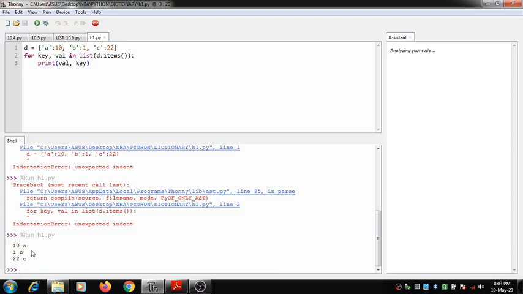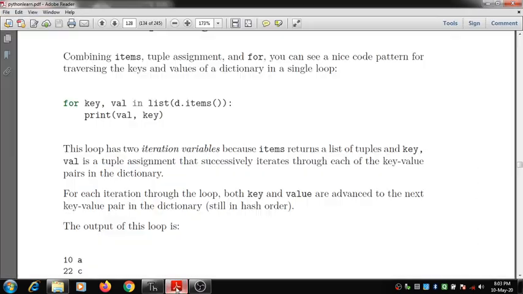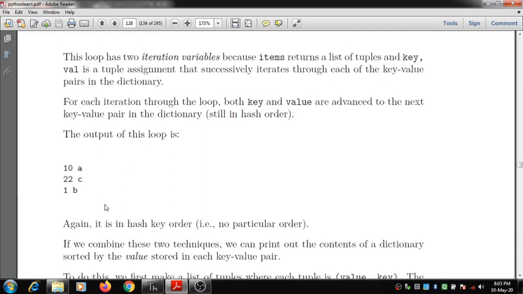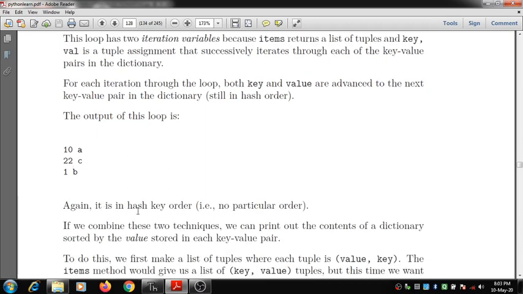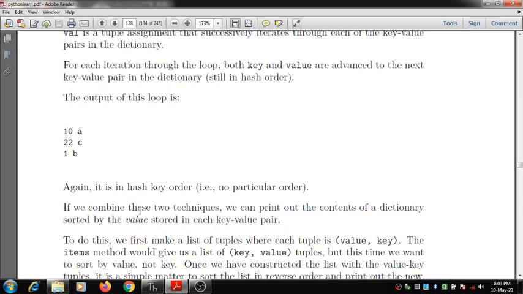So here you can see we have the key values which are being printed using a for loop. The items that are present inside a list are all displayed using a key value pairing. For each iteration of the loop, both key and value are advanced to the next key value pair in the dictionary and printed. Again, it is a hash key order, so there might be no particular order of printing.